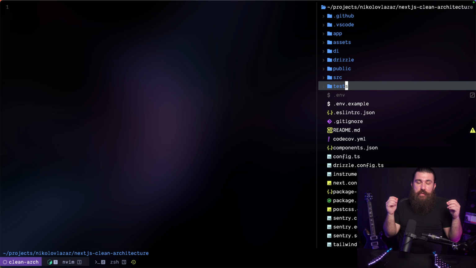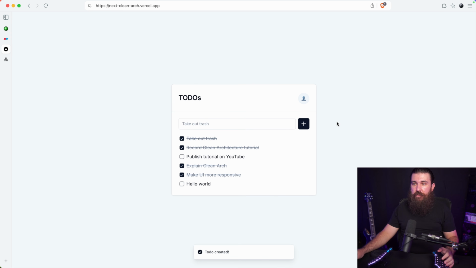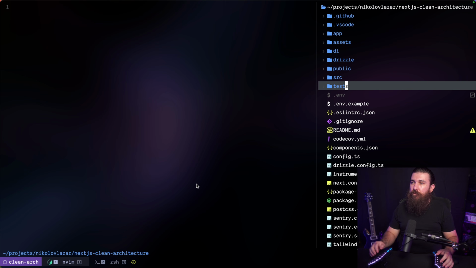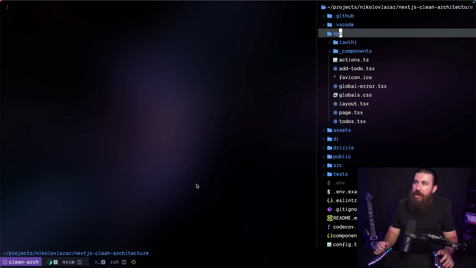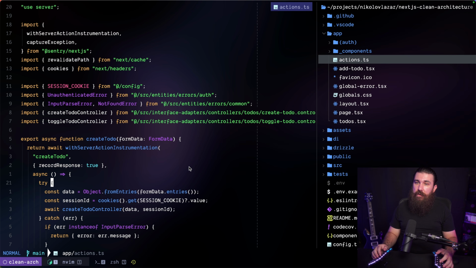Let's now go and see how the operation flows when we try to create a to-do. So here's how the UI looked. We just have an input and a button. Hello world, we press that button and we trigger the create to-do operation flow. There we go. So starting from the app, inside of the actions.ts, again,